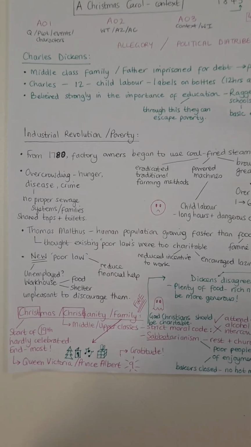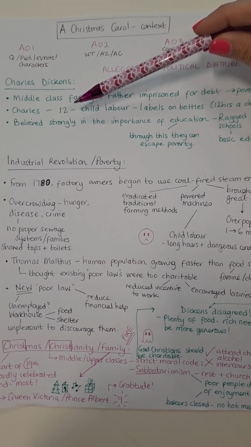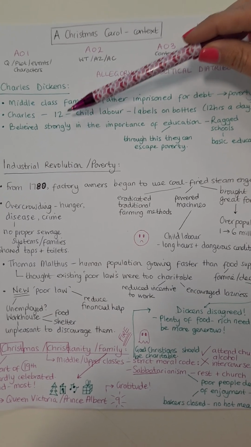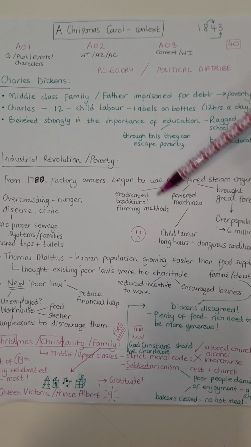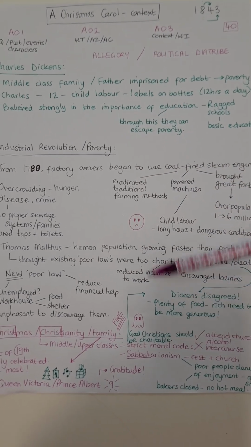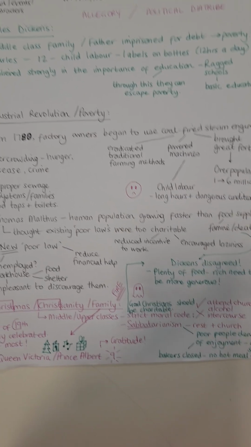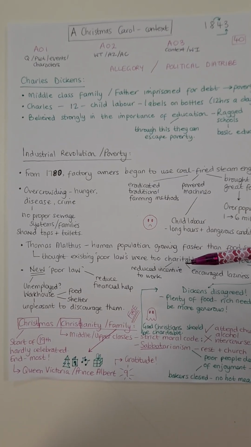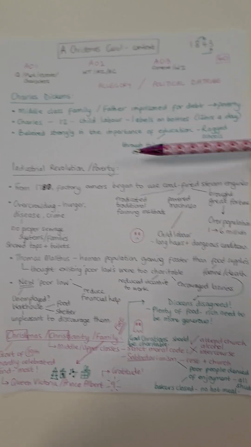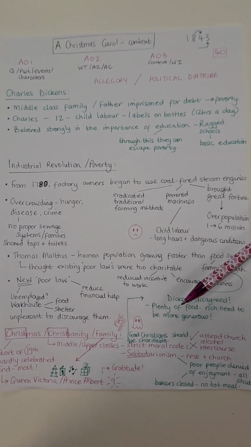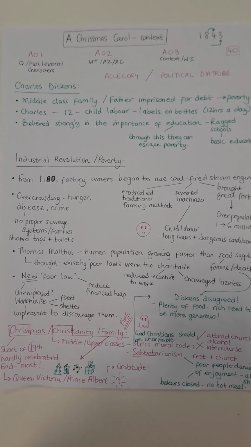Or if you're talking about child labour, and this was very much an issue for Charles Dickens because he was a victim of child labour at the time, or anything to do with, I don't know, the poor laws, ignorance and want, exploitation of the poor. So anything like that, only link it to something in here if it's necessary. If your quote doesn't match something from the context, then I wouldn't put it in. Okay, hope that's helped.